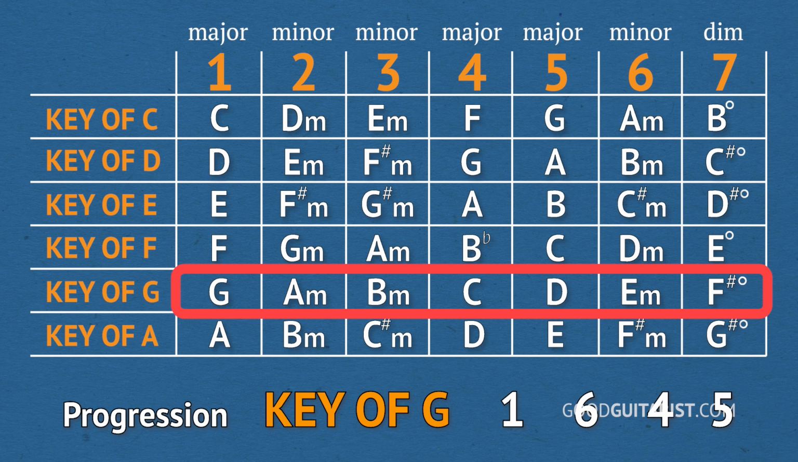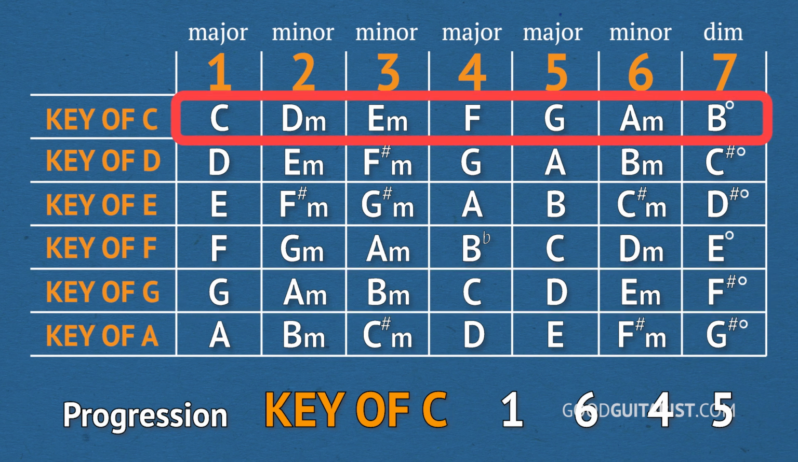Now we take those numbers and we go to the key of C. We're just picking any key. I want to do C. 1 is C, 6 is A minor, 4 is F, and 5 is G, and that is it. That gives us